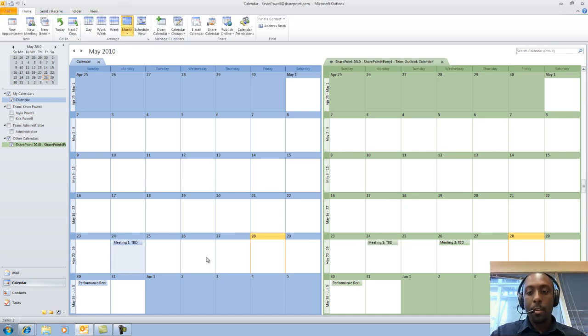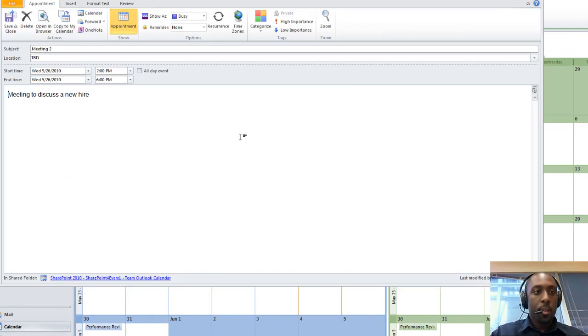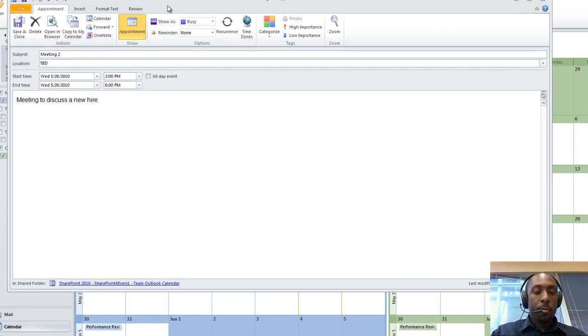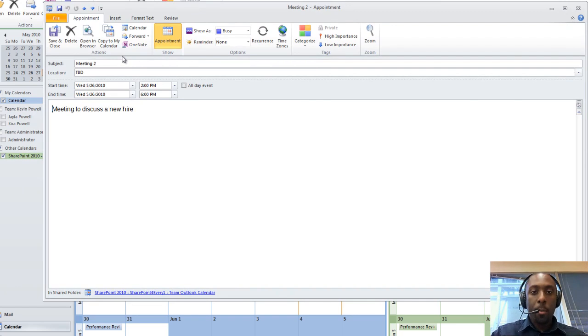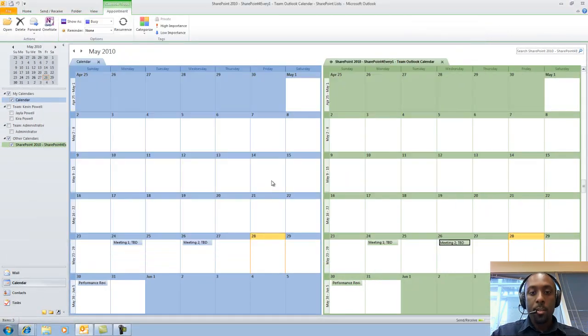So you could just drag it over, and now you have that over there, you have your meeting 1. I've just dragged it over to my primary calendar. So that's a pretty cool feature. I actually think it's an option when you create a new meeting in Outlook. It'll always say copy to my calendar. So you could always do that as an option as well, and then it'll just copy automatically to your other